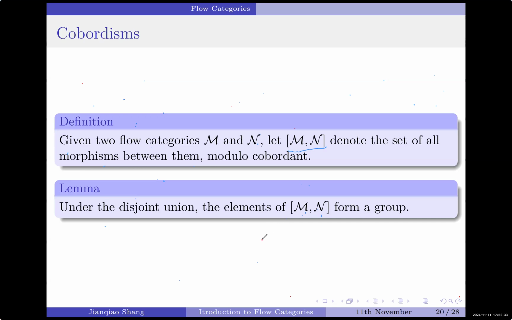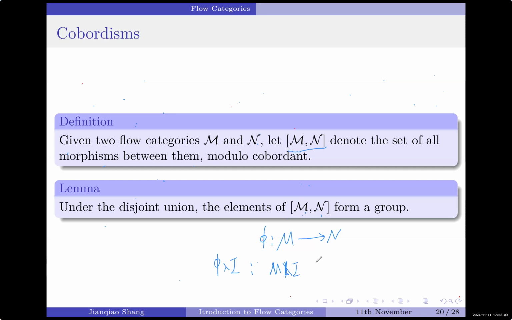The only slightly non-trivial thing is the inverse. To prove this lemma, we claim that if phi is a map from M to N, then phi times I